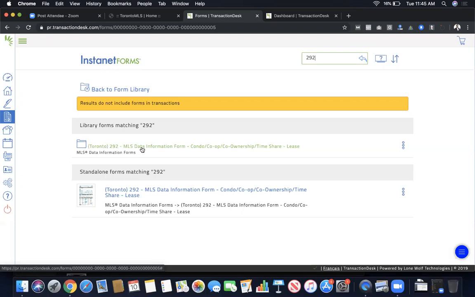Can you create a document in CREA WebForms and then download it and then upload it in Docusign and add all of your stuff? You could, but there's no point in doing it. You might as well have just done it on the internet version. But if you wanted all the Remax forms, all the Hallmark forms,